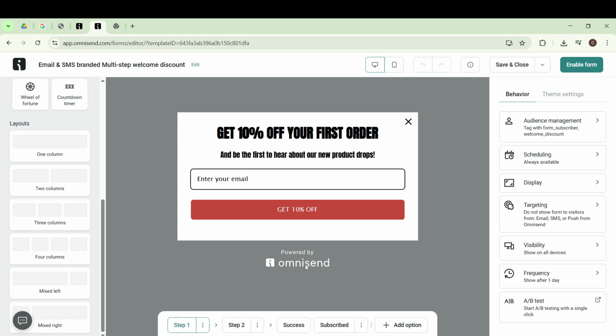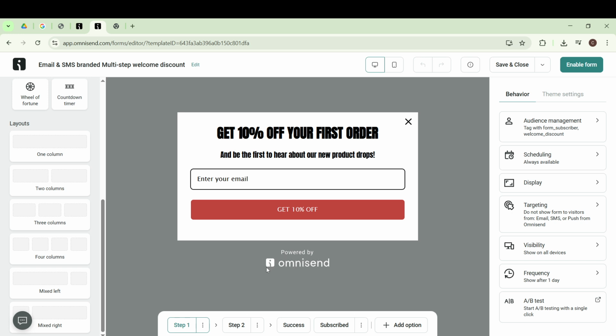Now, click on the watermark. Doing so will cause a bin icon to appear. This bin icon is there to allow you to remove elements that aren't needed or wanted in your final design, including the branding. Clicking on this icon will effectively remove the Powered by Omnisend marking from your form or email,